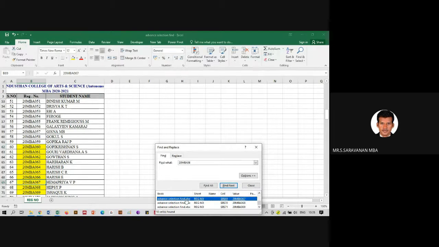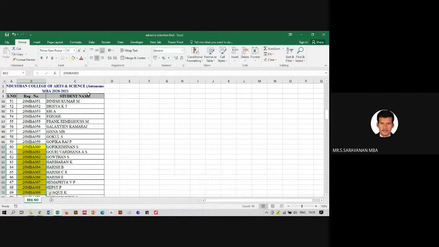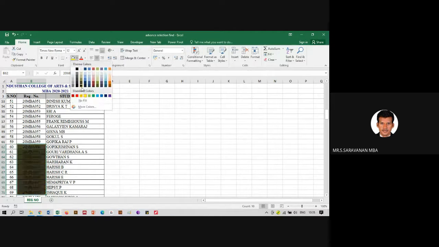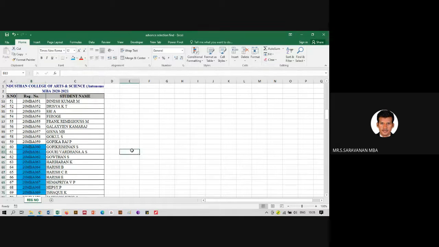Okay. And if you want to highlight everything, select all, and you can give any format, any color. So this is an easy way to find the repeated values in your information. If you have data, want to find the repeated information and highlight it, you can use this advanced function. The advanced function is Find All, and you can select all the information. This will be very useful when you have repeated data and want to find it.